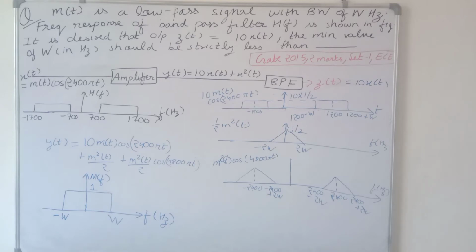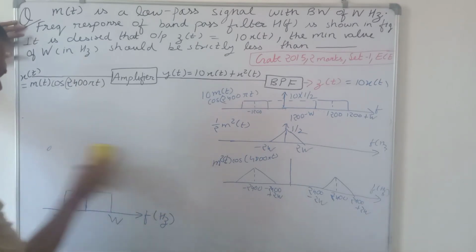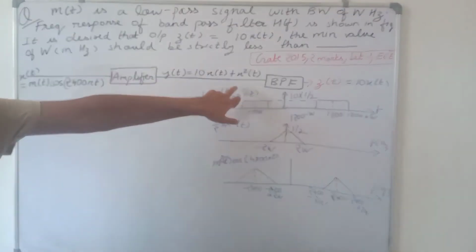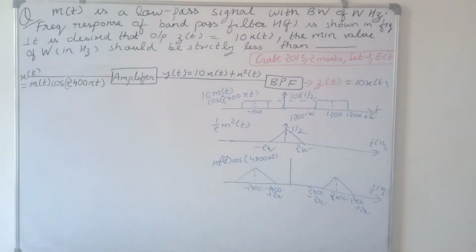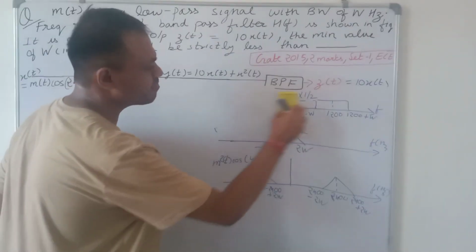Now we just have to combine all of these three signals, because y(t) consists of all of these three signals. We have to combine them and make sure that the signal of interest lies inside the pass band of H(f), and these two signals lie outside the pass band of H(f). So I am drawing these three in one part only.